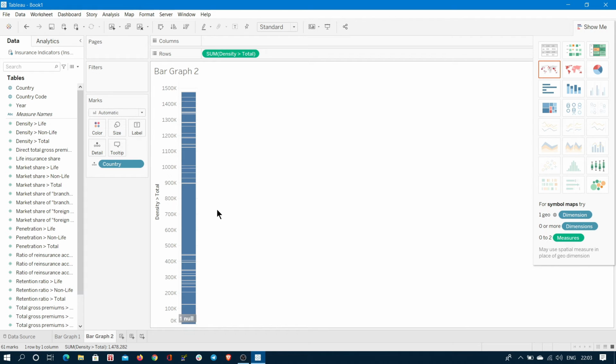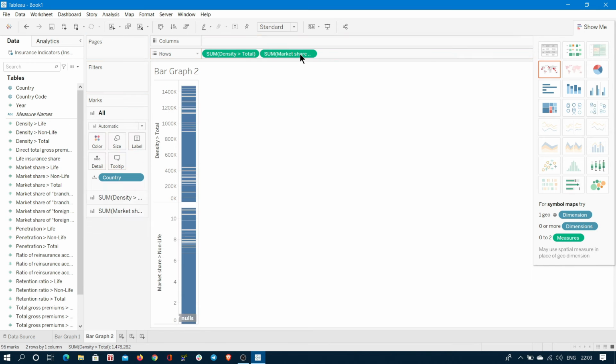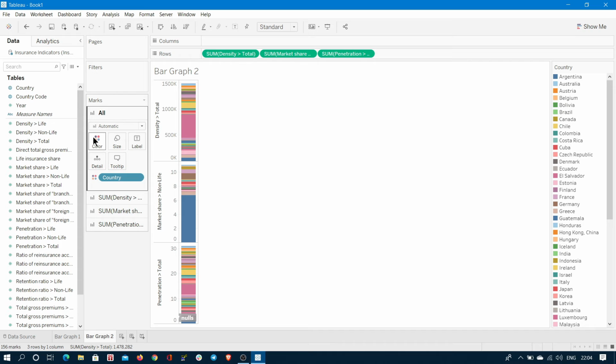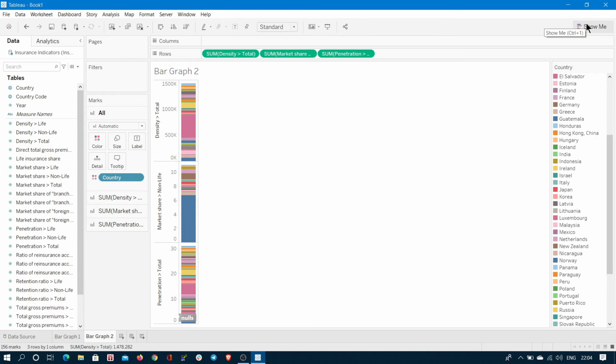But it's not so good looking, right? So we can add a few more things like market share versus non-profit, penetration versus total. If you want some color representation, you can drag and drop country here. Colors will be modified like this. For different countries, different color representations are available in this legend. This is the procedure you need to follow to create a stacked bar.